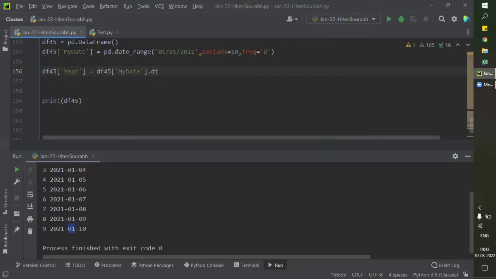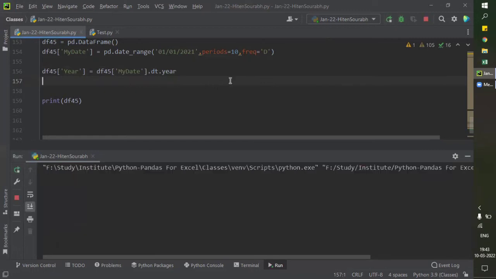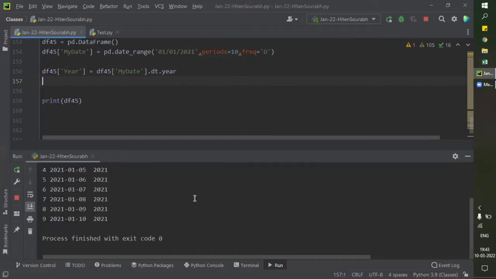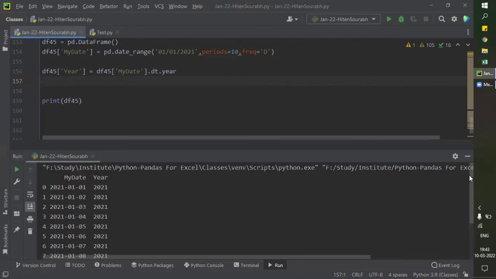It automatically gets activated when you are using pandas. It's one of the submodules of pandas. Pandas is a module, and dt is a submodule of pandas. So this will give you the year. If I run this, you can see we have now created two